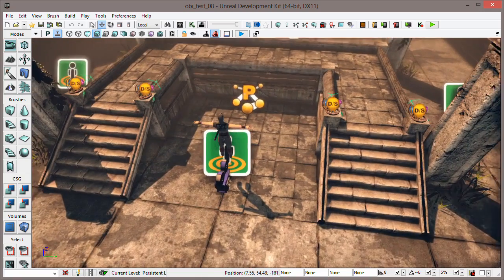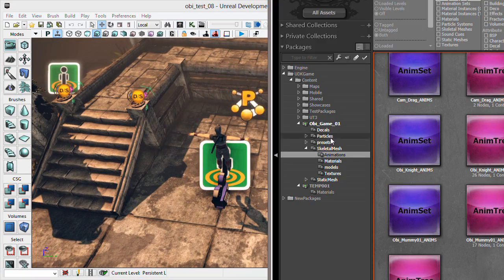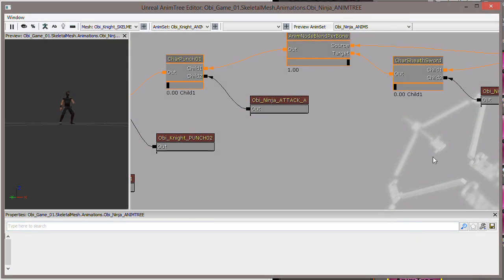Okay, so jumping off from the previous video, let's take a quick look at the new AnimTree. Okay, so there was some stuff obviously I had to set up